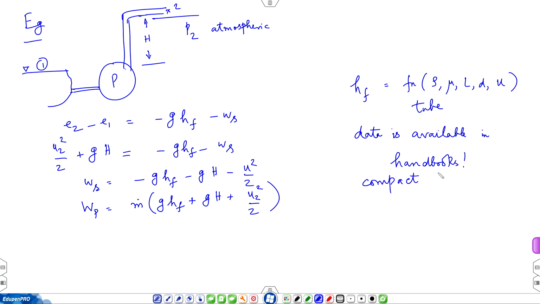Now, how do you compact a data set? That we will study maybe 3 lectures from now. So, a compact representation of experimental data. But an example of which has already been shared with you in the form of Moody's diagram, also called Moody's chart,